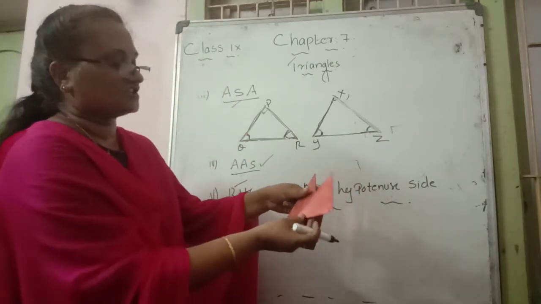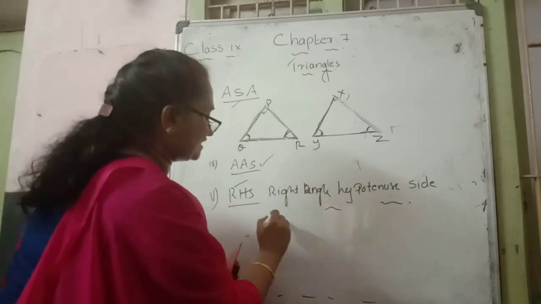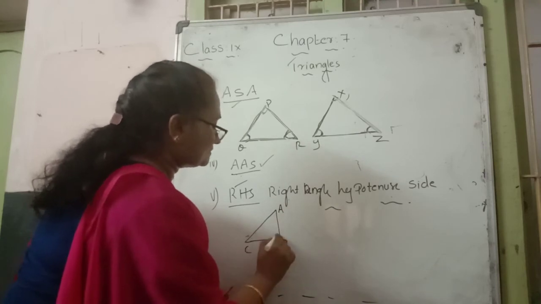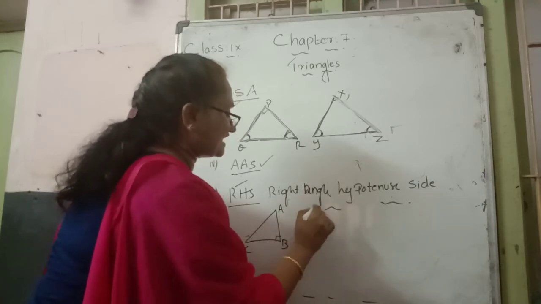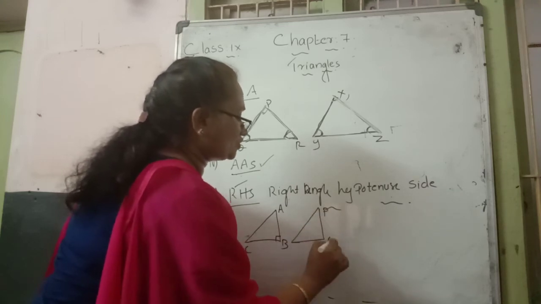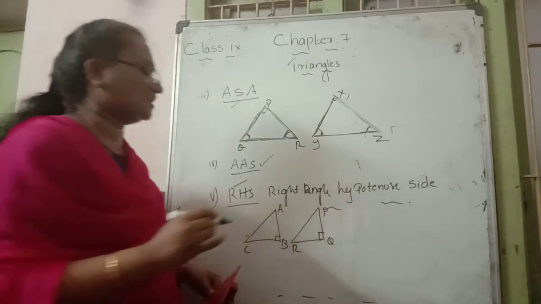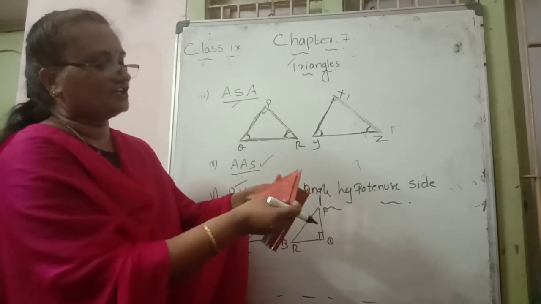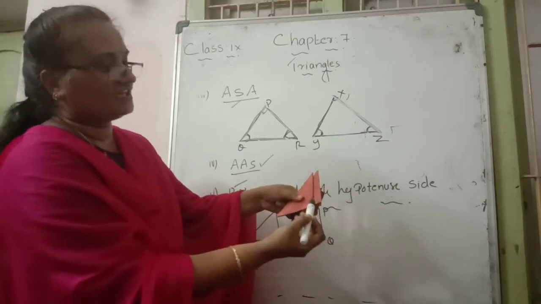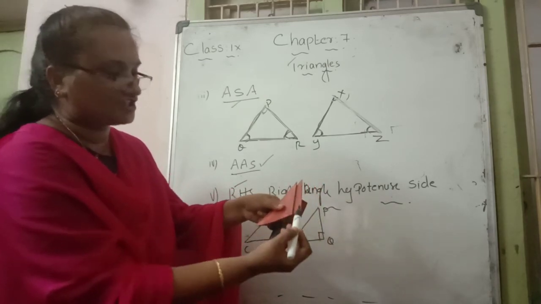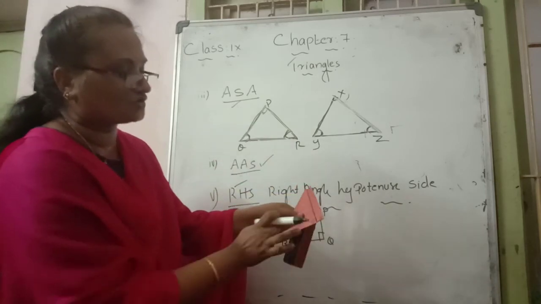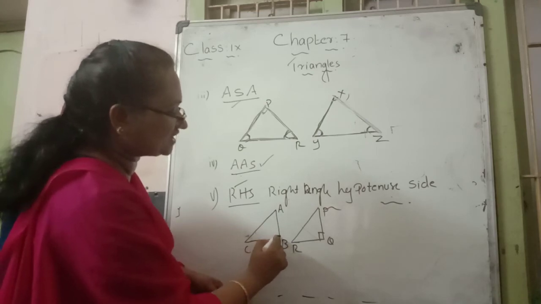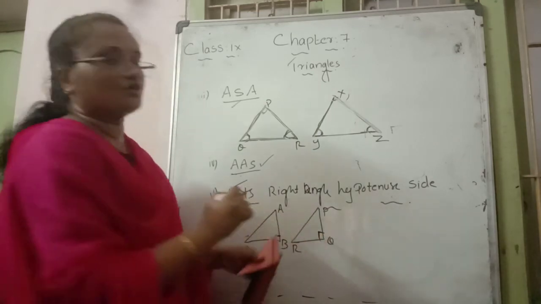Here, see, there are two right angled triangles. We can name the first triangle ABC; B is 90 degrees. The second triangle, I name it PQR; Q is 90 degrees. Here R represents right angle, meaning 90. The 90 degree angle of the first triangle is equal to the 90 degree angle of the second triangle. That means B is 90 degrees. B angle is equal to which angle? Q angle.